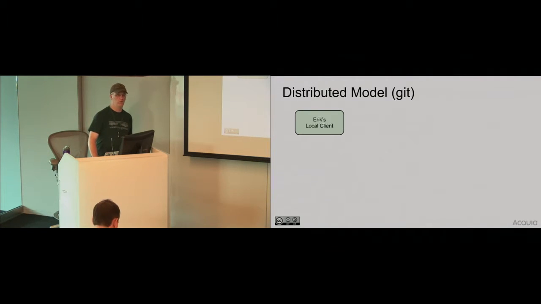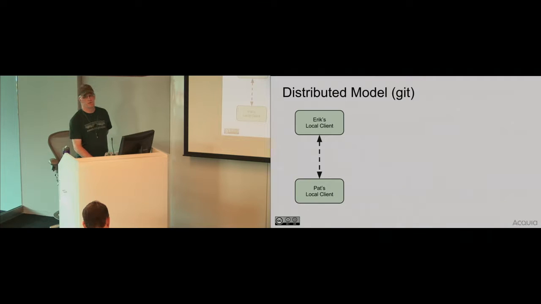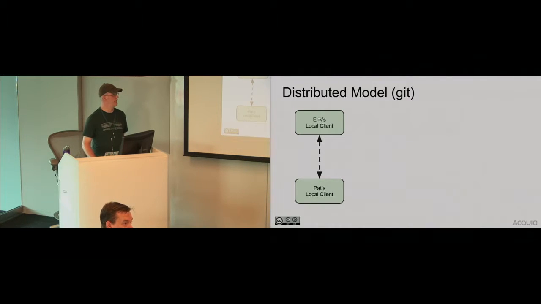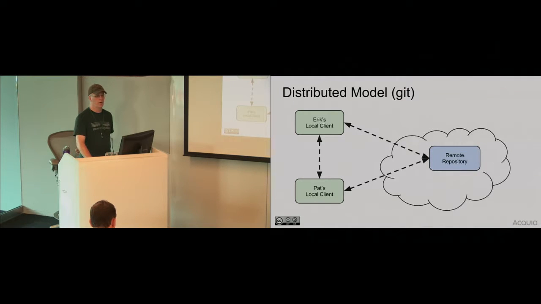It's the whole Git repo. It's everything that's going on for me. Pat's machine may have a copy of it and we can sync our changes back and forth. Git doesn't really care that one of you is a server or a dedicated machine for what we call the remote. It really just is able to say, I would like to sync to Pat, Pat would like to sync to me. And we've done this on a couple of projects, but typically what happens is you get a remote repository,